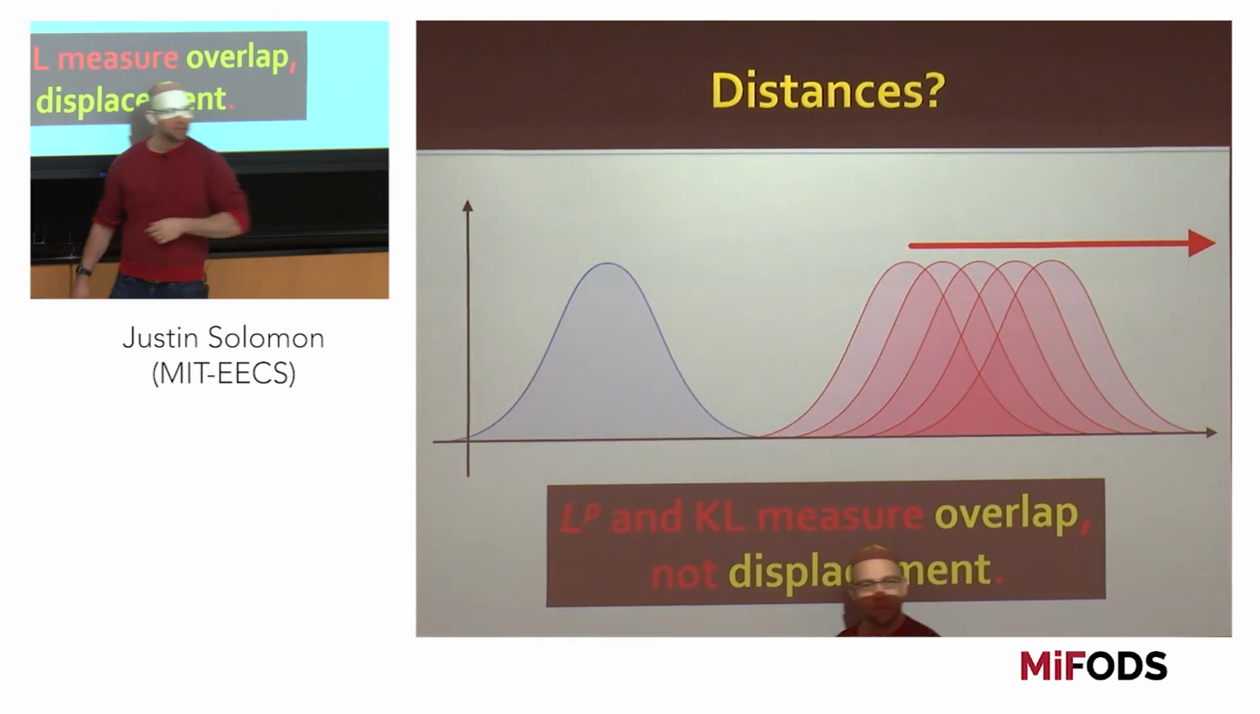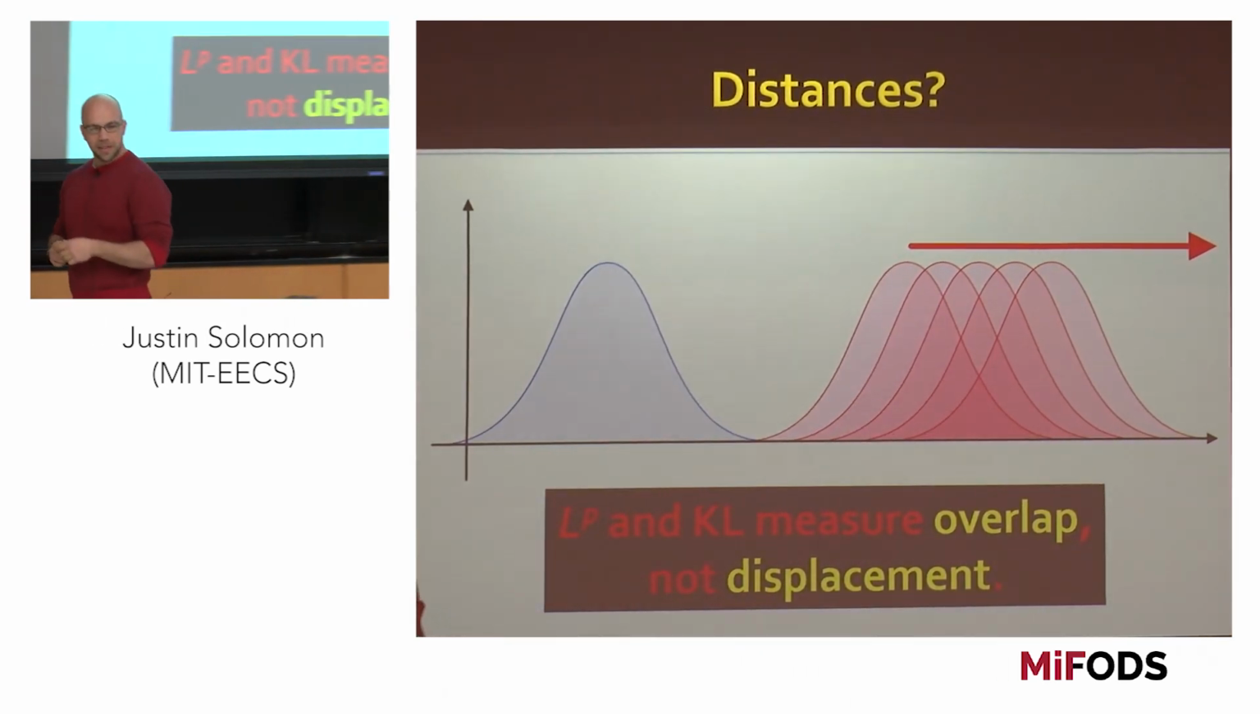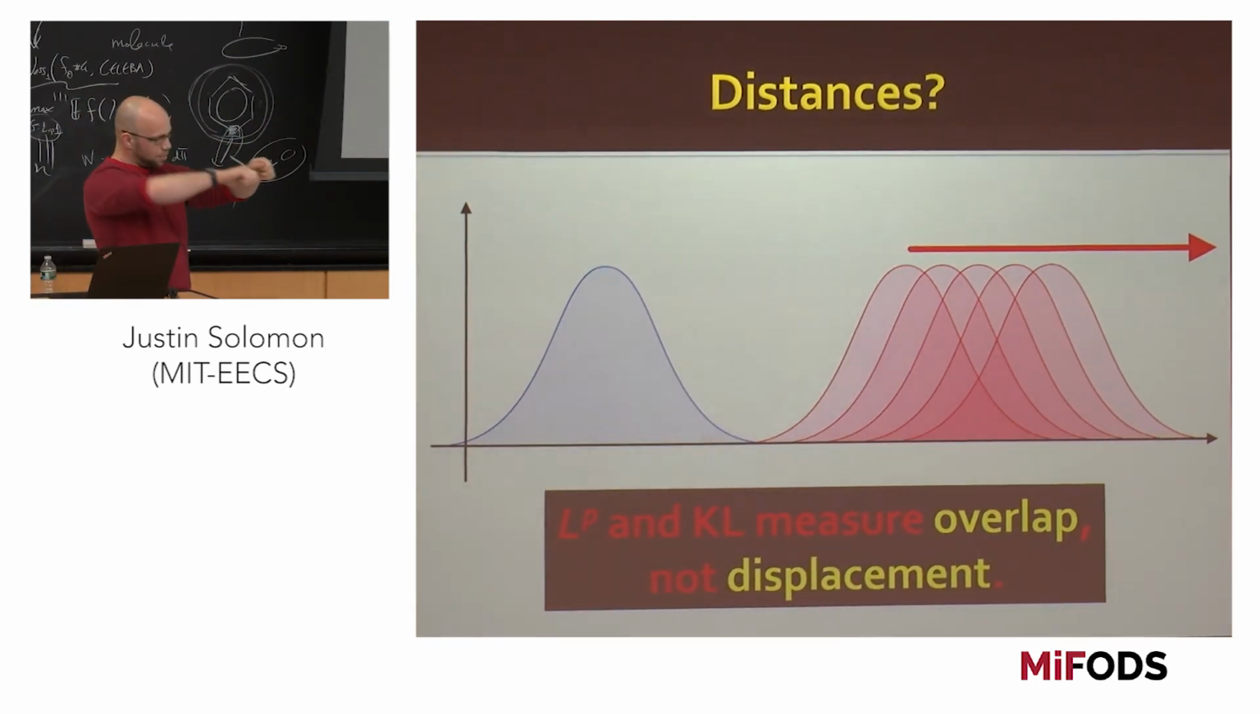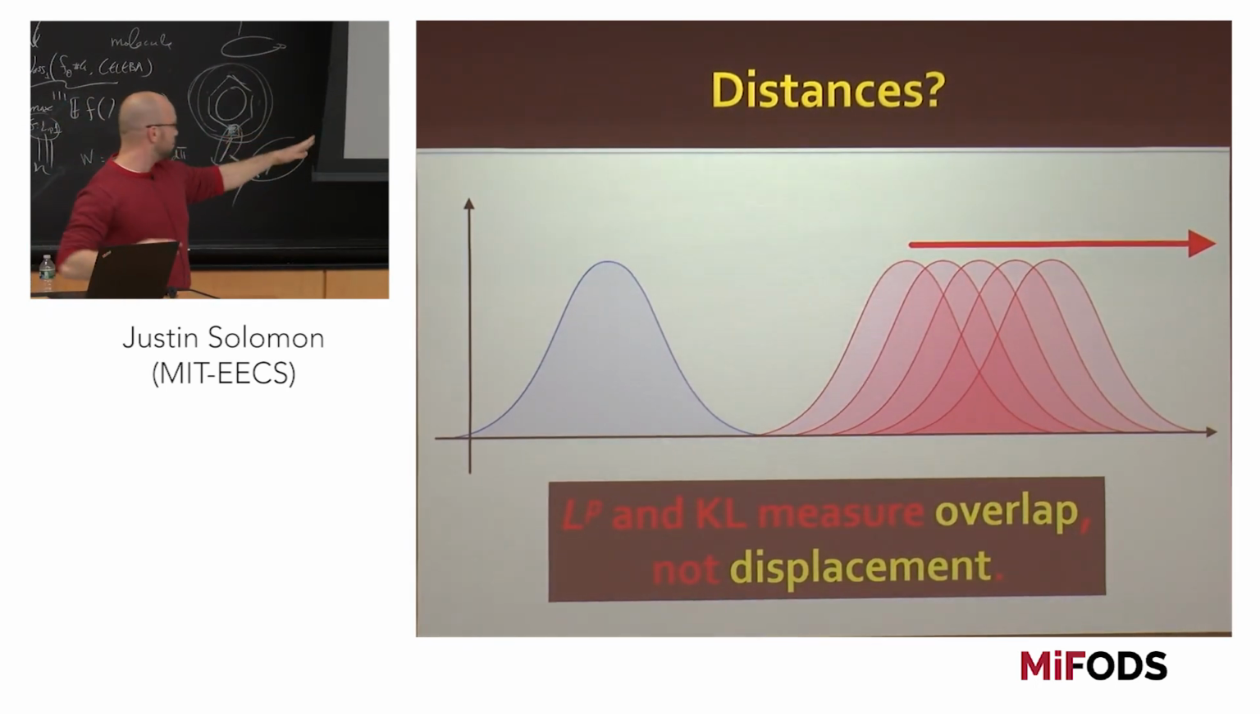And of course, if you compute things like L2 or KL divergence between Gaussian measures, or God forbid, delta functions, and you just plot these things as a function of displacement of the red curve,